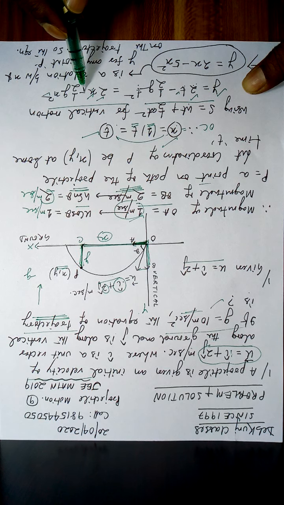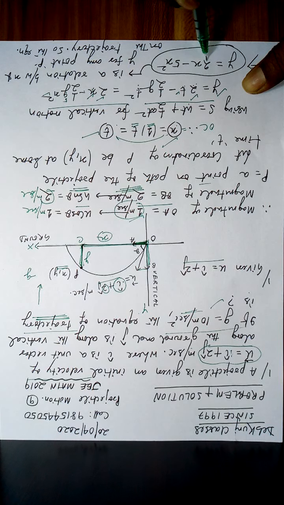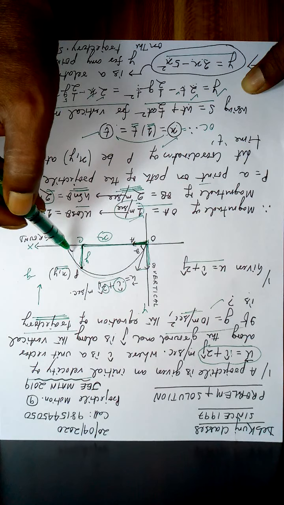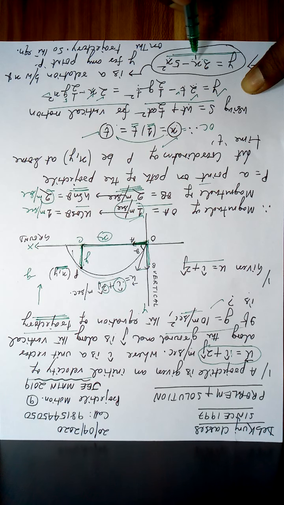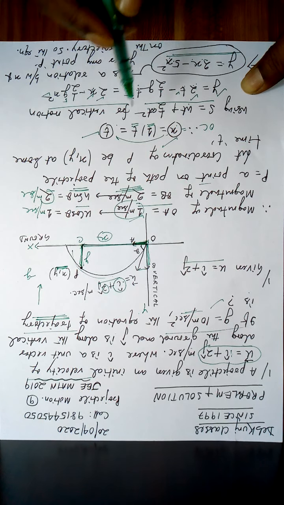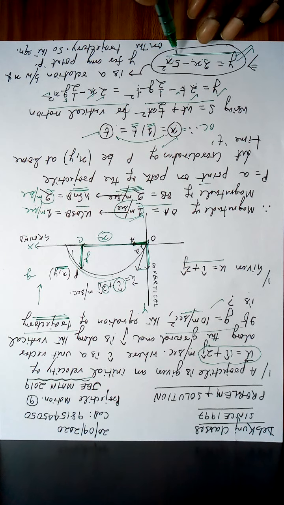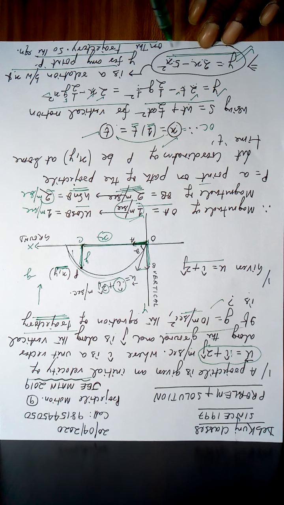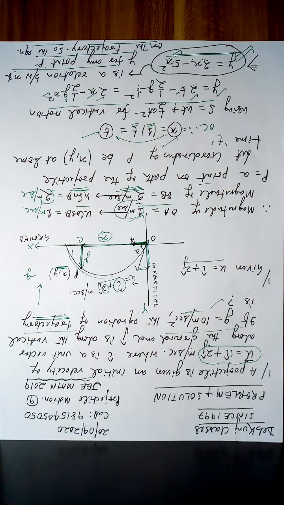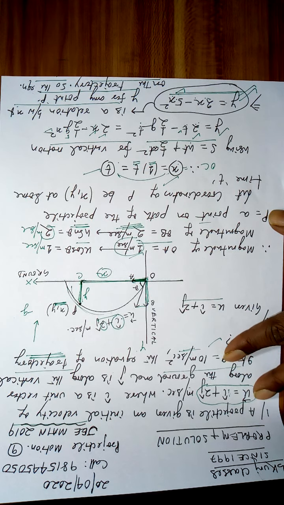So this becomes 2x minus, g is given as 10, so the 2 cancels with this and I am left with 5. So it's y equals 2x minus 5x square. I have taken any random point on the path, that is on the trajectory, and that point has two coordinates, and this is a relation between the two coordinates x and y for any point on the path. Therefore this equation is called the equation of the trajectory. This is a relation between x and y for any point P on the trajectory. So this is called the equation of the trajectory.